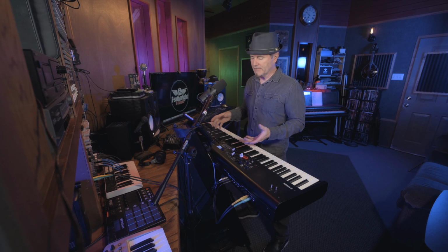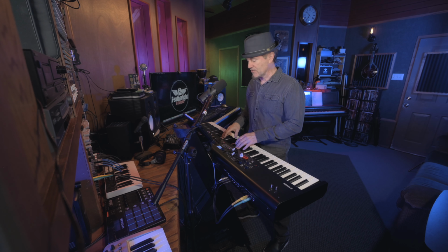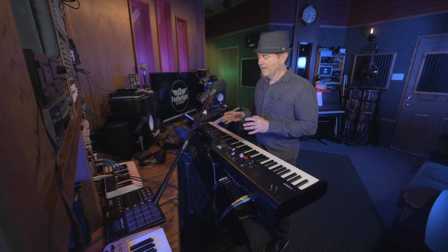All you really need to do is look at the face of the instrument and you can tell this was really designed for live performance. Nearly every one of the sound and effects-based parameters can be altered immediately by simply grabbing a knob or a slider or a dial. But I have to say,